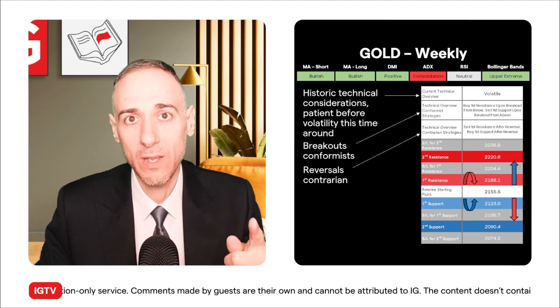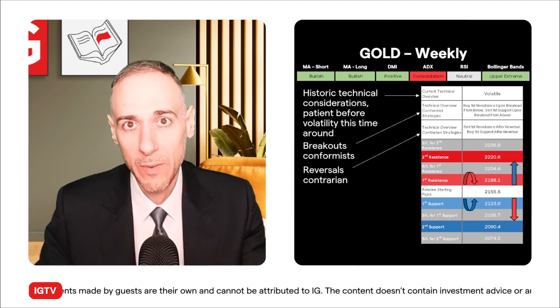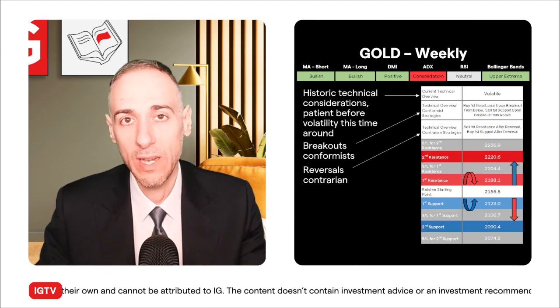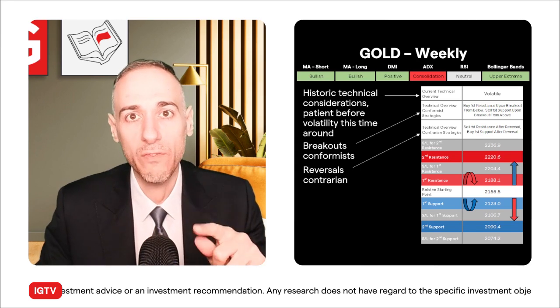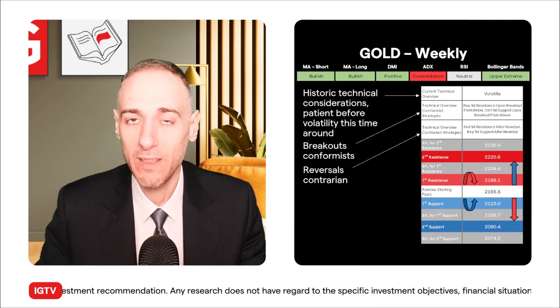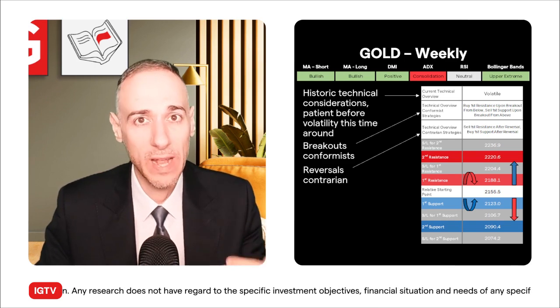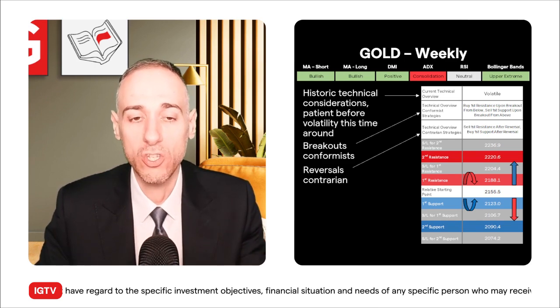So you want to wait until it breaches the level, and then as it's coming back down, you then initiate a sell at the first resistance. A similar concept, but the opposite, applies when buying off the first support. You want to wait until it breaks beneath, and after it comes back. And obviously, with added volatility, you want to add more caution accordingly.